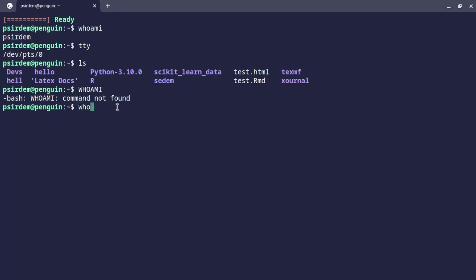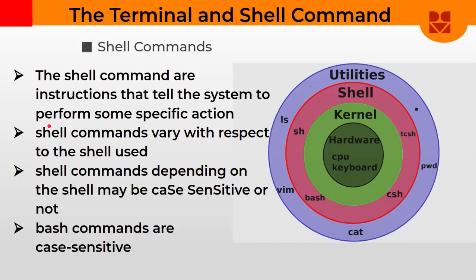But when we do whoami in small letters, we saw that it told us who we are. So bash commands are case sensitive. You should keep that in mind. But then in the Z shell, the commands are case insensitive. So you should pay attention to the type of shell we are using and the type of command we would have to input. Alright, so now let's talk about what a process is,